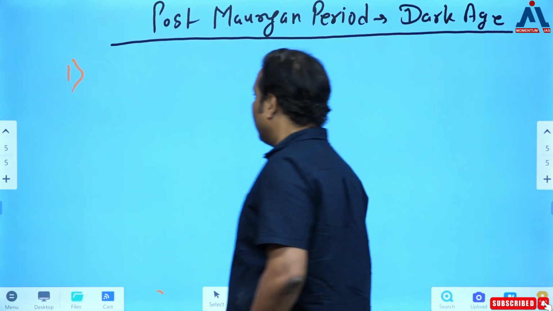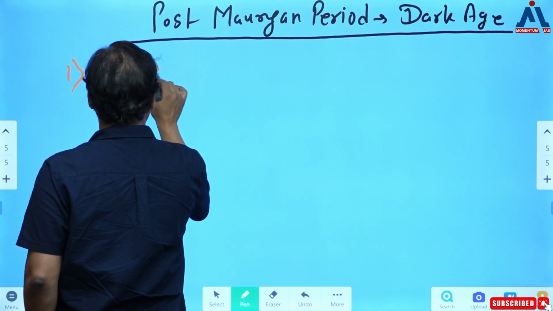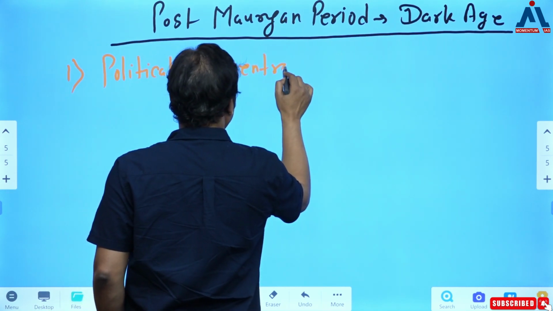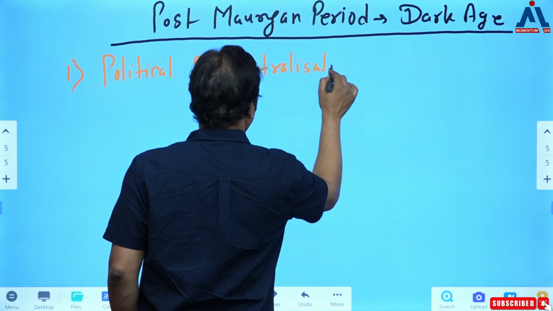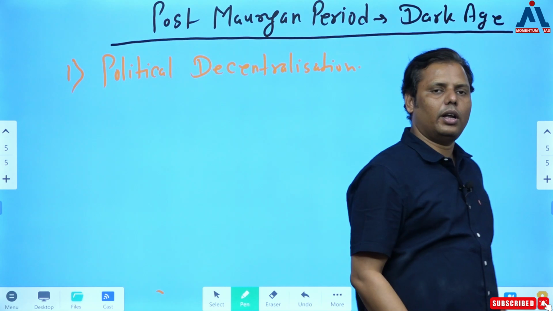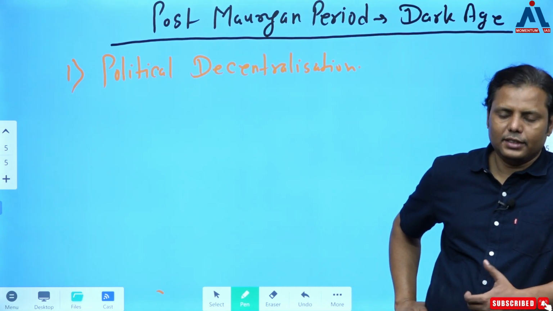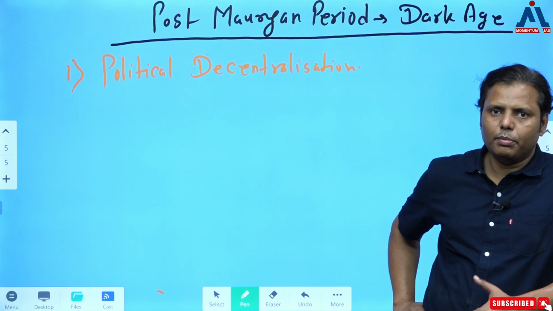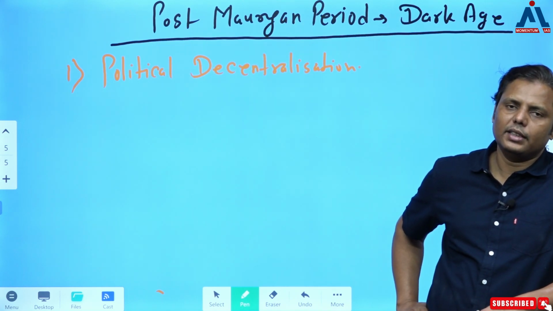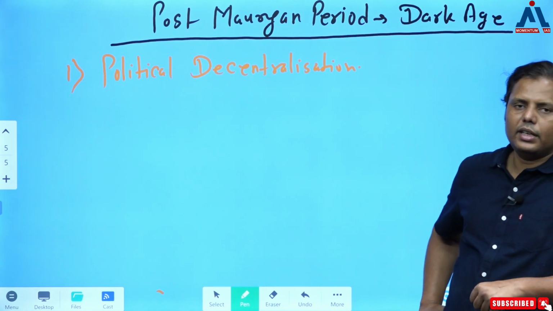Decentralization. Political decentralization remains one of the most important parameters for calling any period a dark age. Now, what is political decentralization? Once you compare the Mauryan period with the post-Mauryan period, I hope you can understand what this political decentralization is. In fact, when you talk about the 18th century, and if you have some rough idea of it,